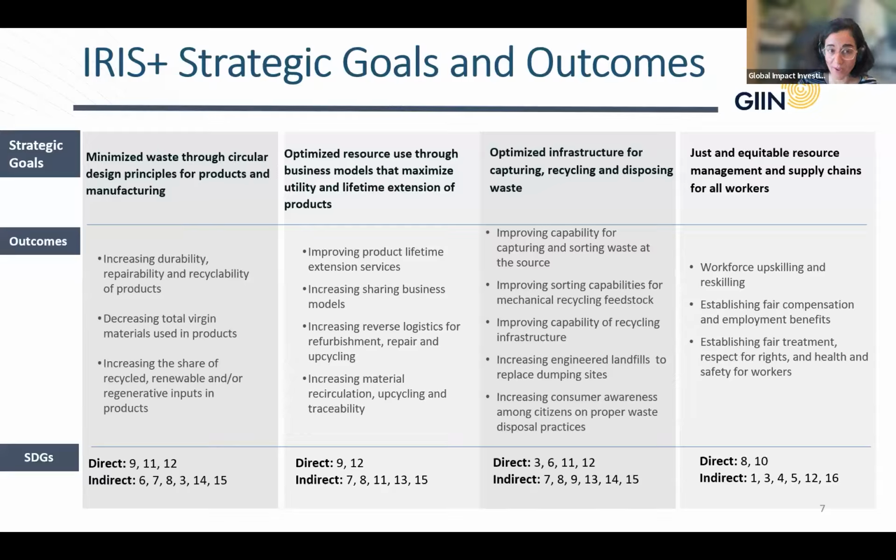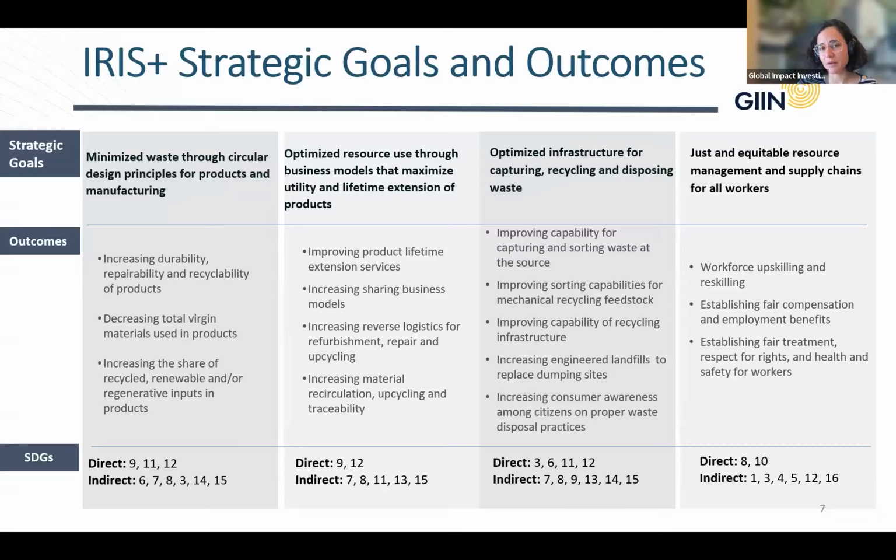We want minimized waste through circular design principles for products and manufacturing. And this is perhaps the most ambitious of the strategic goals. We want, at the point of manufacturing design of products, to have the least amount of virgin resources, the highest amount of secondary material. But then for existing products and services that have material use, we want optimized resource use through business models that maximize the utility and lifetime extension of products, because that's where the waste is potentially generated,